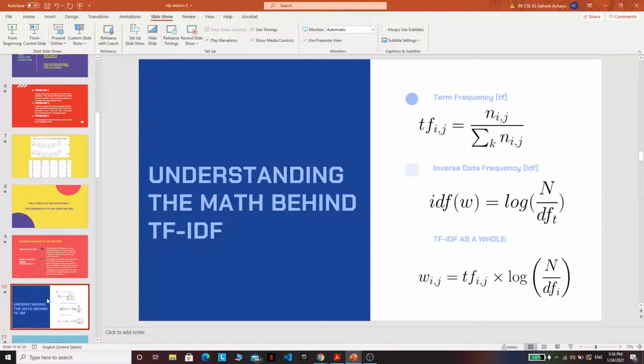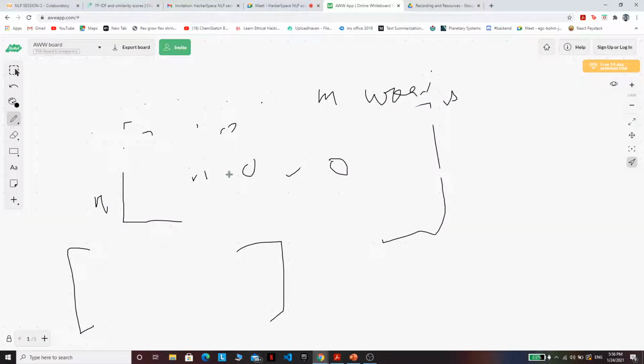It's divided into two segments: the term frequency and the inverse document frequency, and TF IDF as a whole. What I mean by term frequency is, in simple words, the frequency of the term. Let's say I had a statement like,